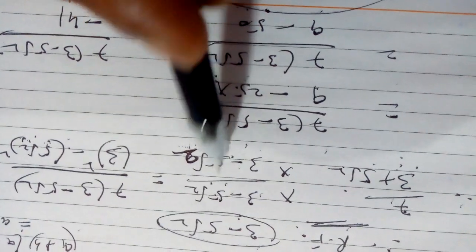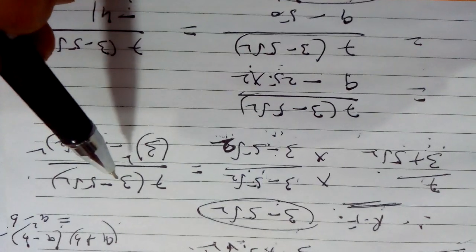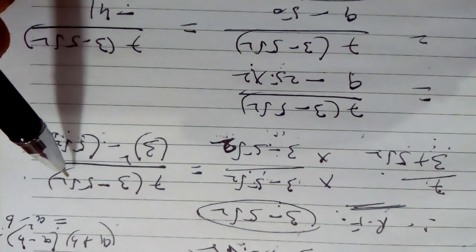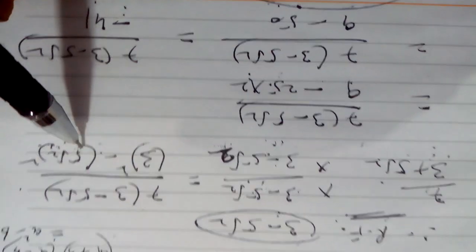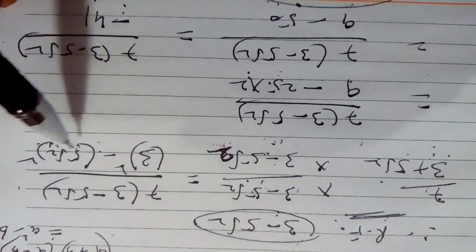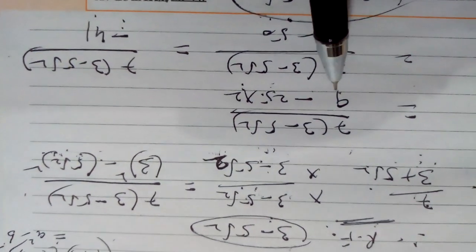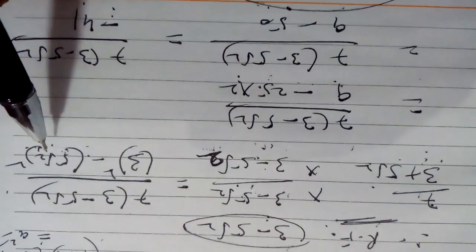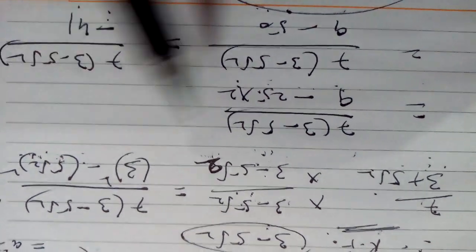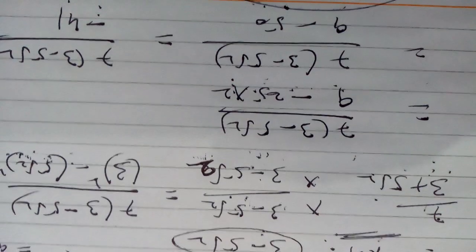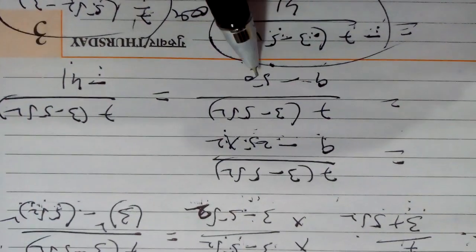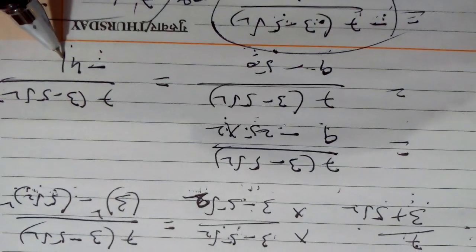Multiply numerator and denominator by the RF. You get the number 7(3 minus 5√2) upon 3 square minus (5√2) square. What will be the square of this number? It is the problem. So 9 is here, 3 square, minus 5 is not in under root, so 5 5 is 25, root 2 square is 2, 25 into 2 is 50. So 9 minus 50 gives you minus 41.